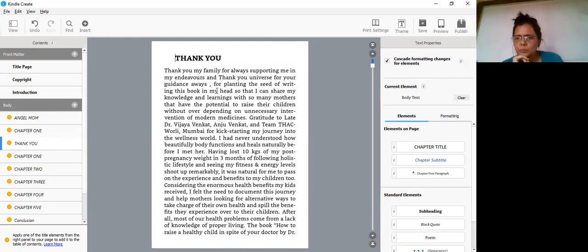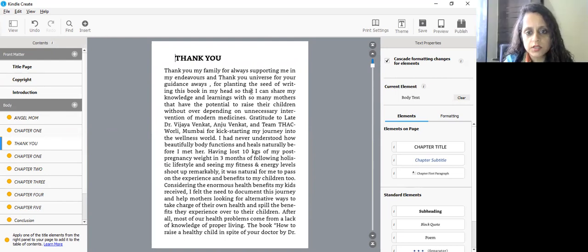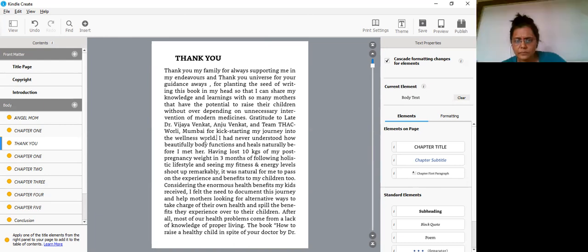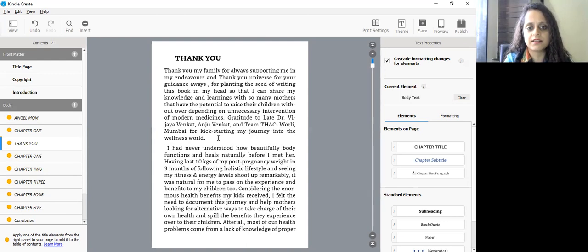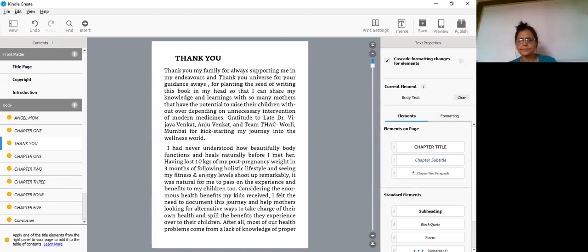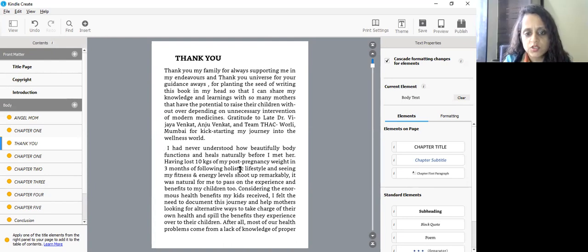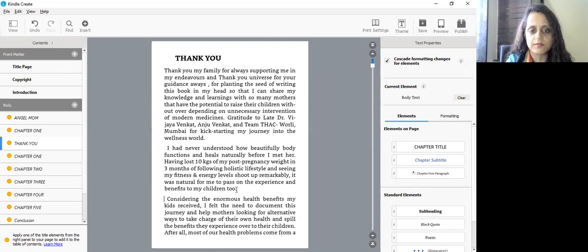No. So in the introduction, find the full stop, because when you copy paste, everything will be pasted like this. Suppose after this word I see a full stop, I press enter. So there is this gap. Give enough gaps, paragraph by paragraph, so that it looks easy to read. After this also I'm seeing a full stop, so I'll put it here. Like this, you have to do it.